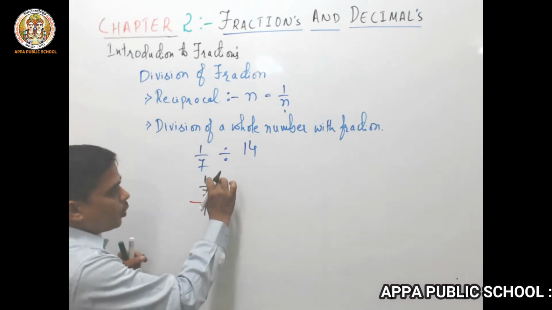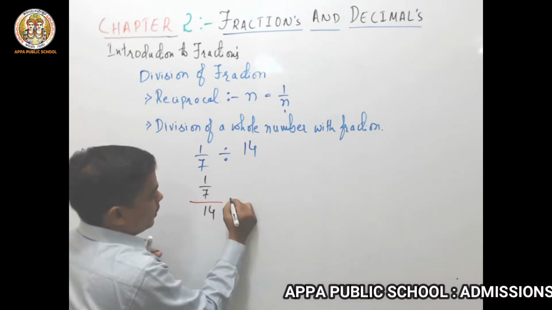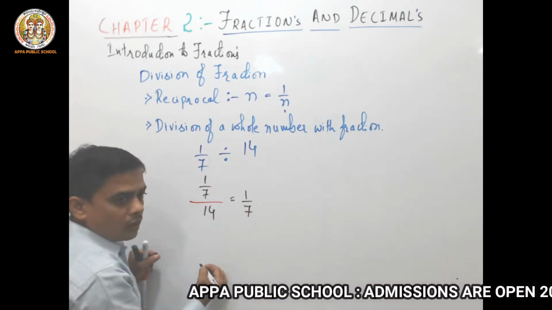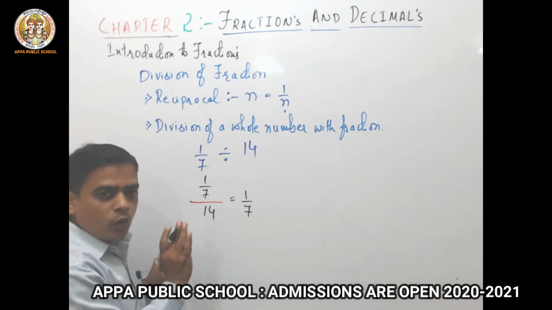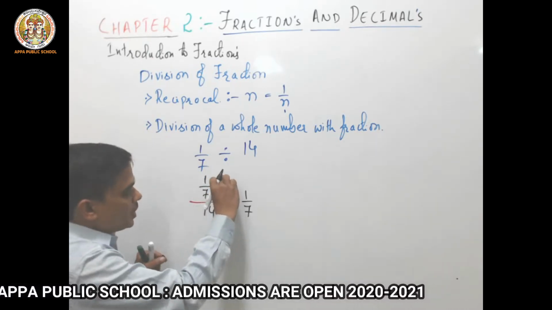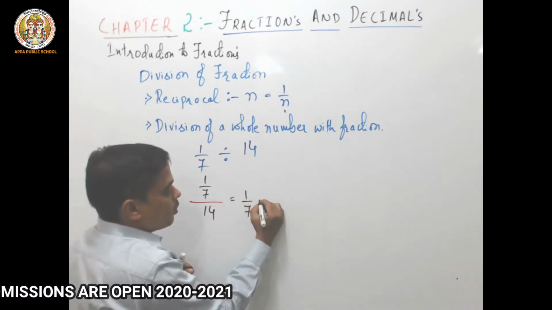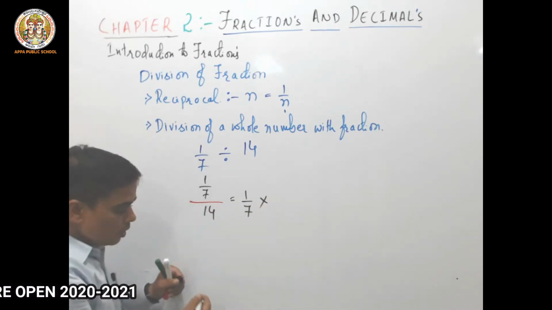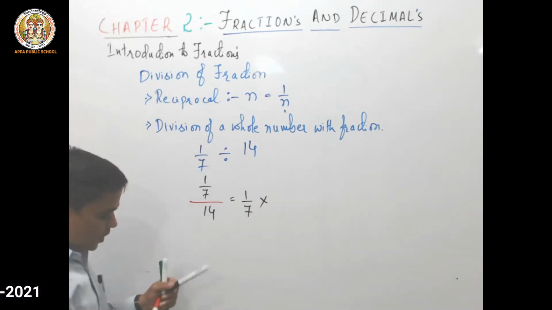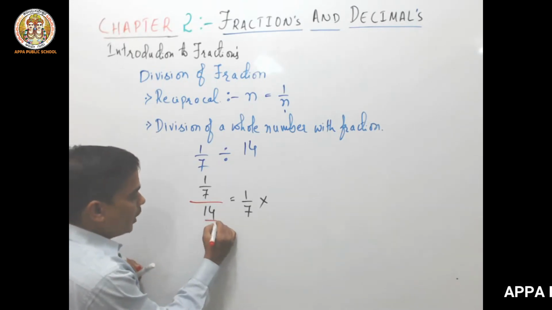Right? Now here 1 by 7 is a fraction, I write it as 1 by 7 only. You should not take a reciprocal of 1 by 7. Keep this 1 by 7 as it is. Next, this division is there. This division I will take as multiplication. So here 14 is there, nothing is there in the denominator, I will take it as 1.